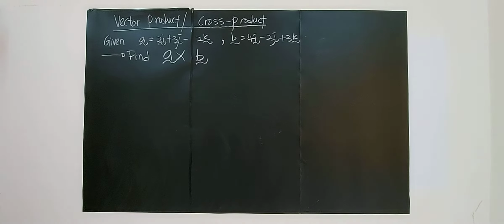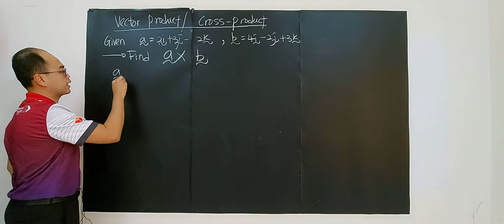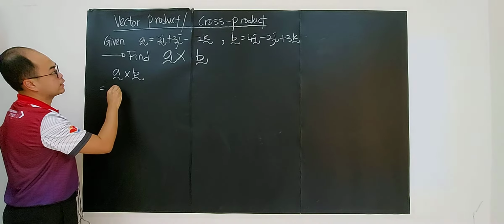Hello, this is the second video following from the derivation of the vector product formula. Now I'm going to show you how to use that method to find the cross product in an easier way. Let's say I have vector A cross vector B,